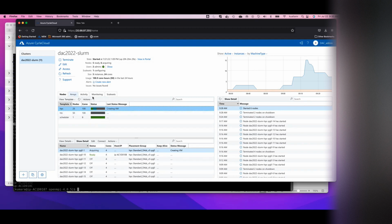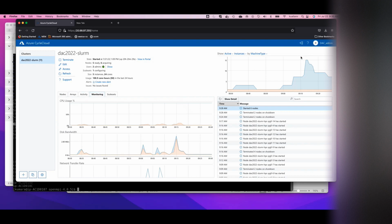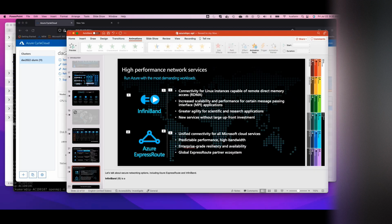But the goal is to demonstrate how Azure CycleCloud can be used as a one-stop shop to provision infrastructure, for monitoring, for reporting. As you could see, this continues to show you my activity and all those things, right? So that's what I wanted to show you. And going back to my slide deck,